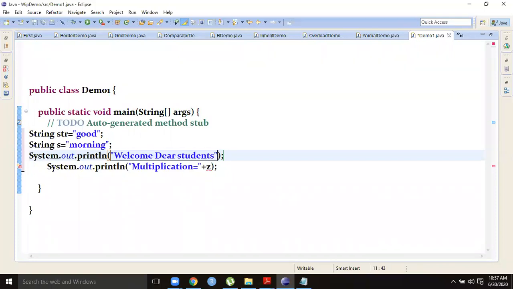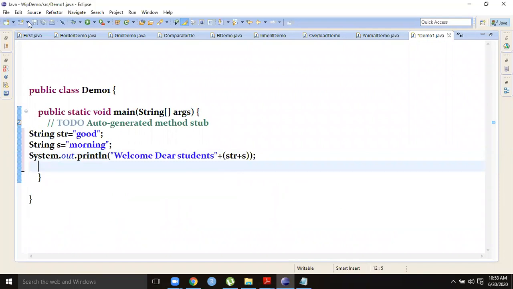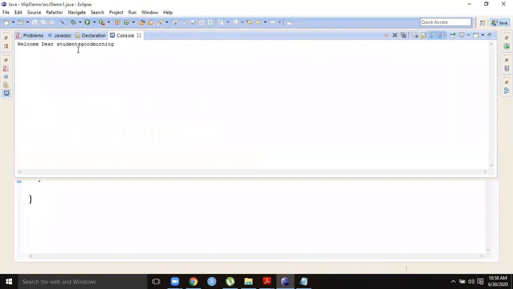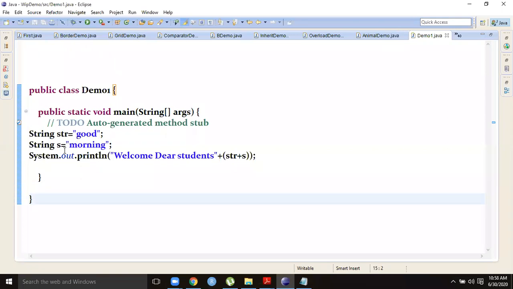That is the default message because I have put it inside double quotes. Now what I have done is str plus s. That plus is used as concatenation, let us see what happens. "Welcome, dear students. Good morning." What happened? The "Good" inside str and "morning" inside s are concatenated. Now that entire one comes as "Good morning". Concatenation is done.